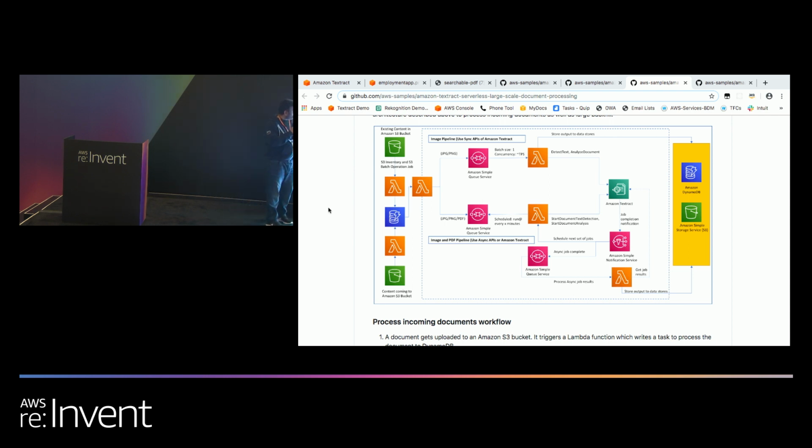So how many of you are familiar with S3 batch operations? Anybody familiar with S3 batch operations? So with S3, you can have hundreds of millions or billions of objects in a bucket. What S3 batch operations does is it allows you to trigger a Lambda function for every single object in your S3 bucket. So if you have a billion documents sitting in your S3 and you want to process them with Textract, you can just go to S3 batch operations and say, trigger a Lambda for every single object